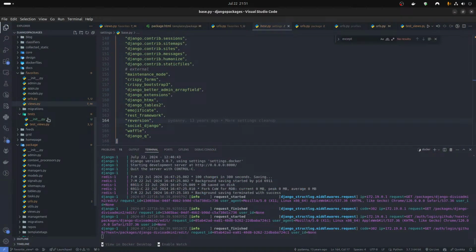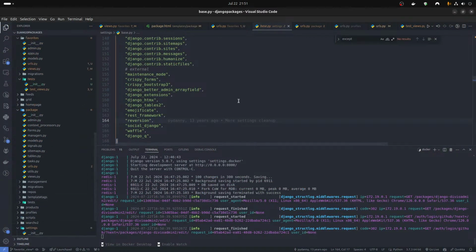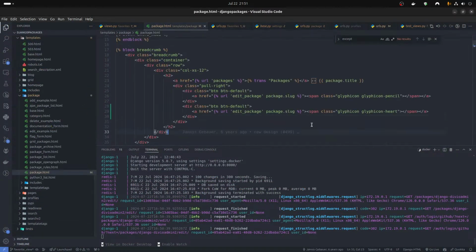It is added to favorites. We can do that if